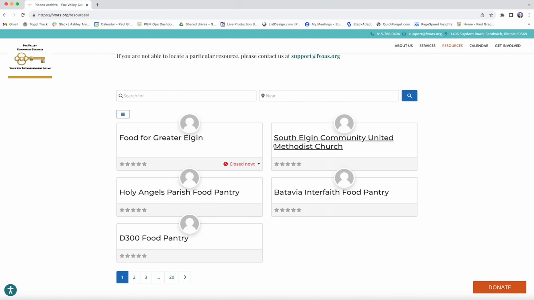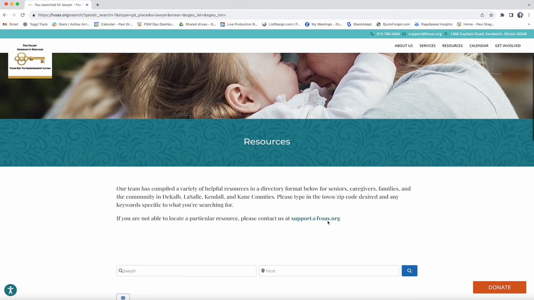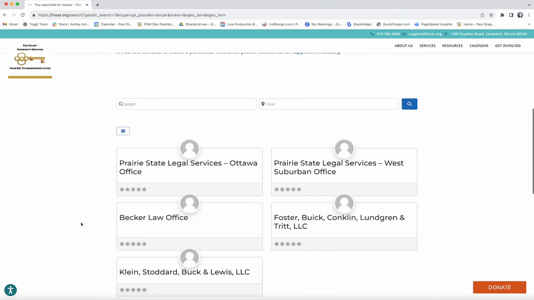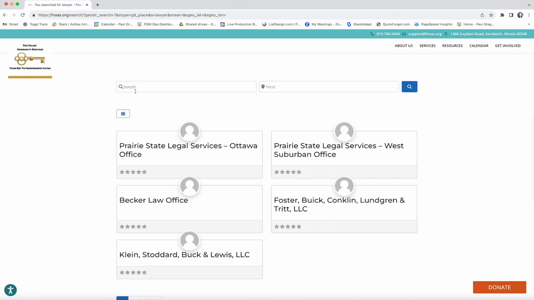All of the ones that we've already added are shown as a default. And so if I want to look for a lawyer, I would click that, or I'd type that in here and click search. And as we can see, whenever that loads, I've got all of the different places that are associated with that